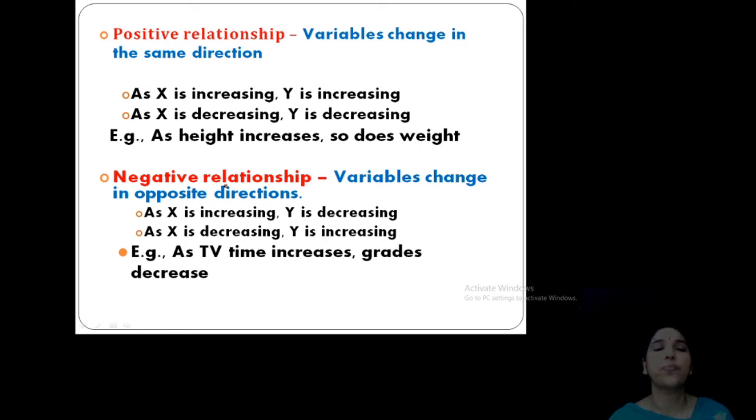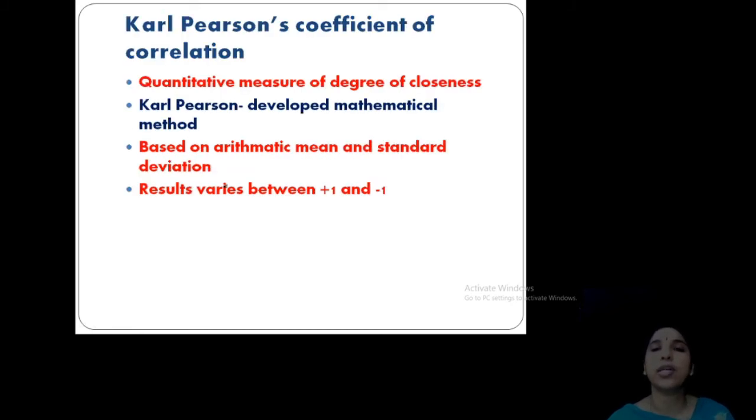See, that is the positive and negative conclusion. Now, next is the very important formula, Karl Pearson's coefficient of correlation. This is the algebraic method. This is a quantitative measure. What we did before was just to assess the relationship, how much relationship there is. You only got an image of the relationship, but here we will quantify it. We will measure it.